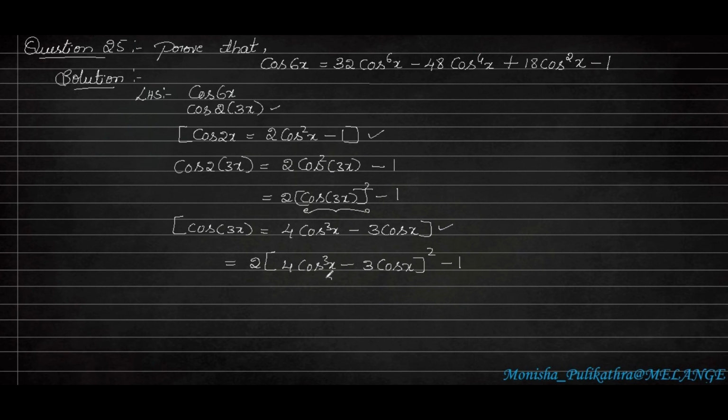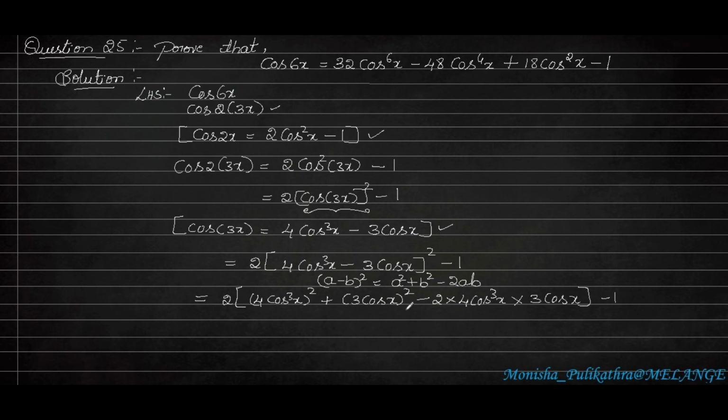Now this step it will become a minus b. You can apply this a minus b whole square identity. A minus b whole square is a square plus b square minus 2ab. So we have to interchange this equation in the form of this algebraic identity. So now it will become a square, instead of a, 4 cos cube x is considered as a here. So 4 cos cube x whole square. So this entire term will become a square plus b square, b is 3 cos x. So this entire term will become b square, that is 3 cos x whole square, minus 2 into a into b. So 2 into a is 4 cos cube x, into b is 3 cos x,